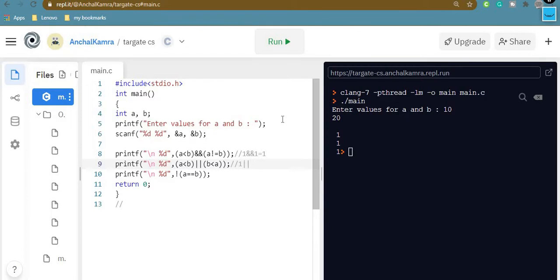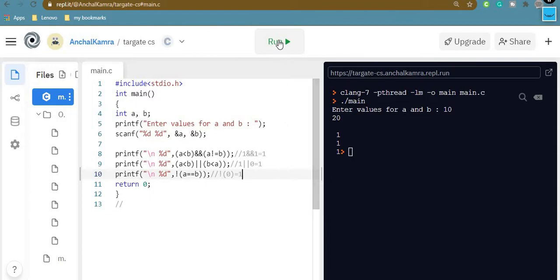Okay, so OR b is less than a, but obviously b is not less than a, that will result in 0. So 1 or 0 will result in 1. As I have already told you, at least one of the expressions should be giving you 1 if you want to get the output as 1. Okay, in the last case, here is our not operator, and then you are writing in the braces a is equal to b, but a is not equal to b because 10 is not equal to 20. So the answer is 0, and not of 0 is nothing but 1, and here is your answer 111, and it should be like that.